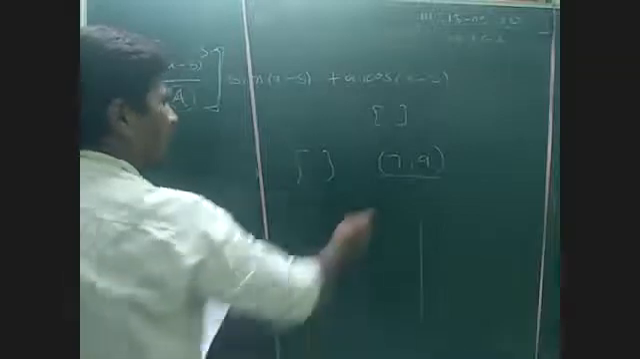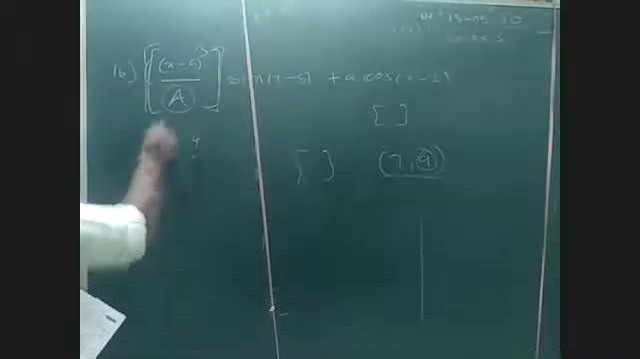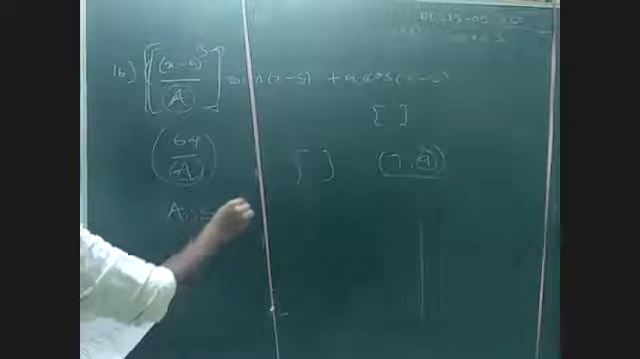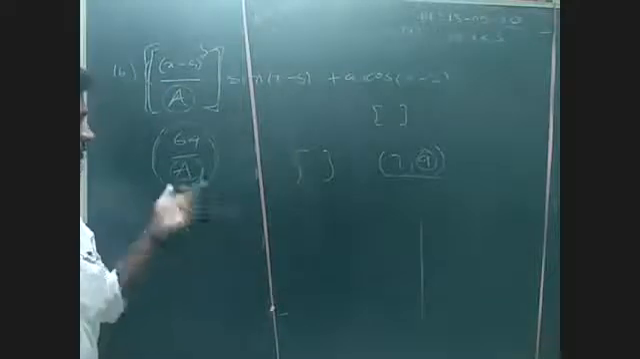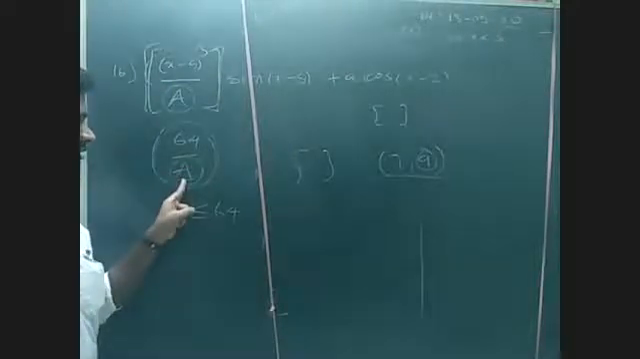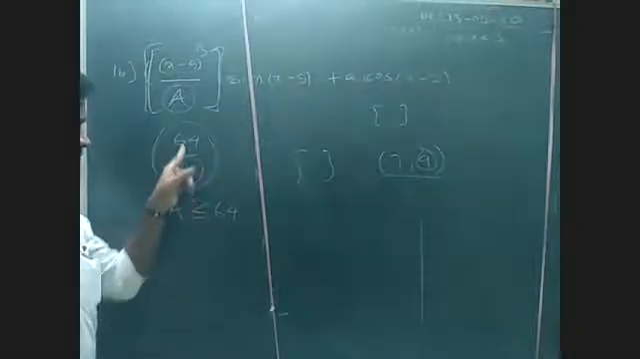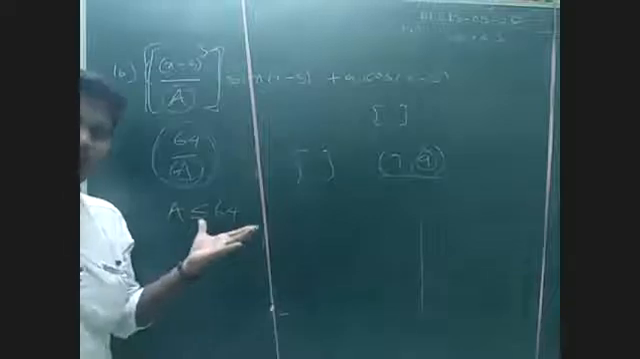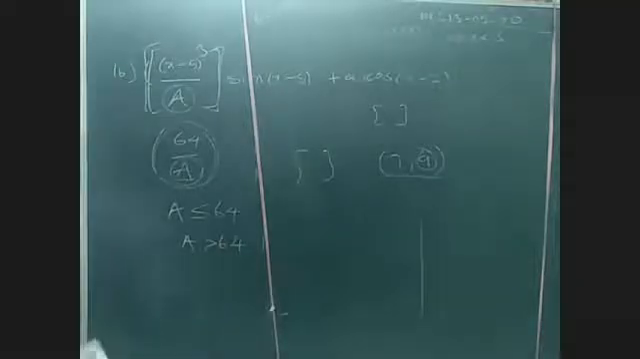What is the interval? 7 to 9. Substitute the highest value here. 9 minus 5 is 4. 4 cube is 64. 64 by A. So here A should be, see, A is less than or equal to 64. If we get integers, for example if the A value is 2, the numerator becomes an integer. If the A value is like 4, which divides 64, we get an integer. At every integer, it is not continuous and differentiable. So if it is greater than or equal to 64,